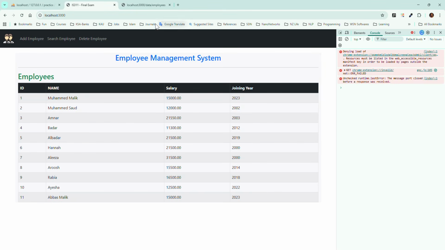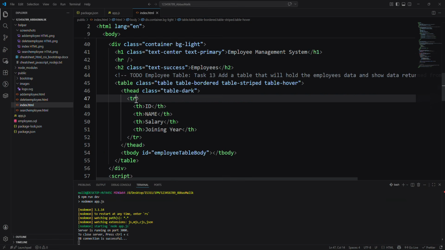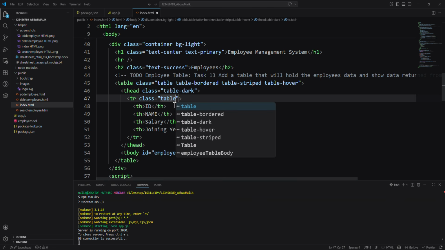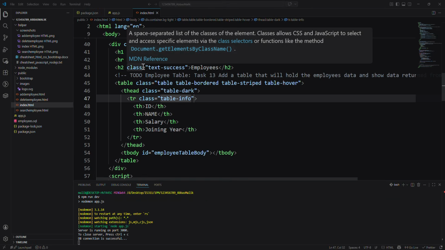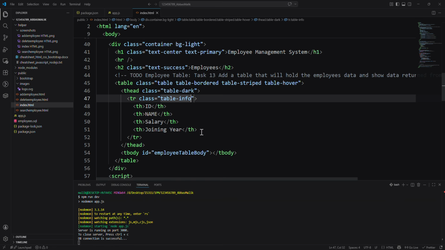So what I need to do here is go back into this, and here in the row I say class, bg dash, I think it's table dash info. I mean, we can say table dash info. And then when we do that, let me go back here and refresh the page. What is happening? Okay,